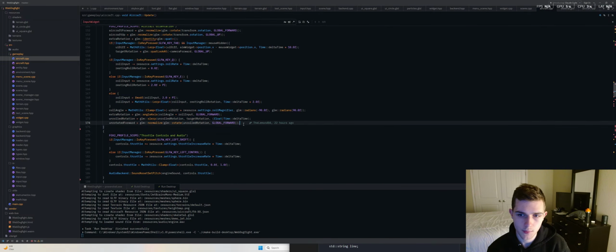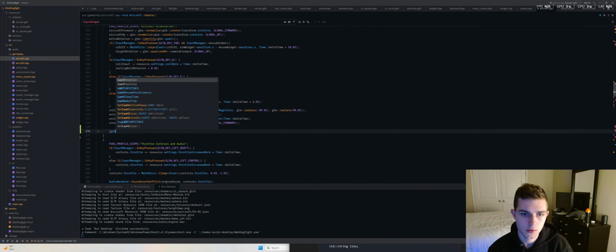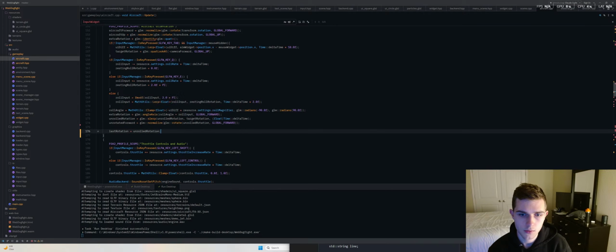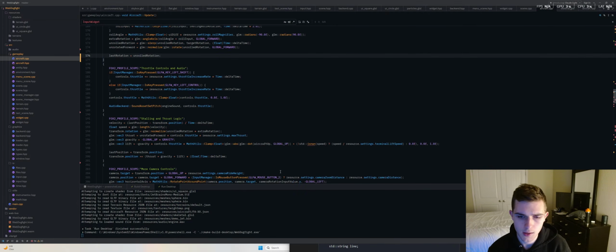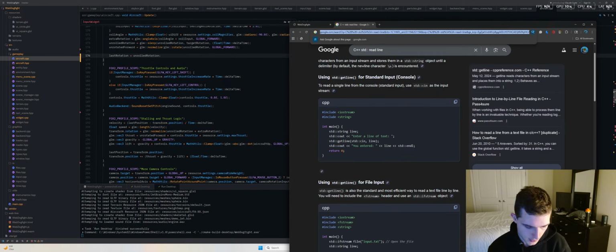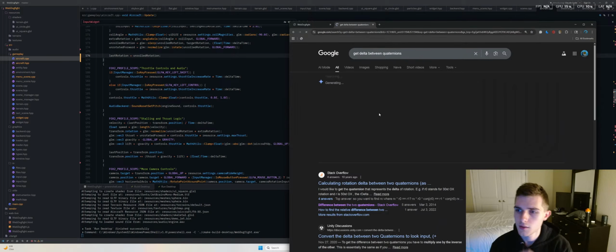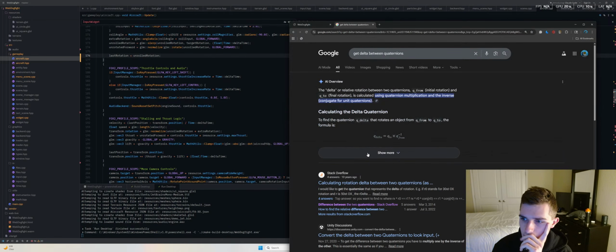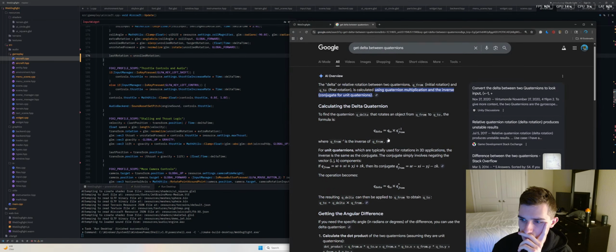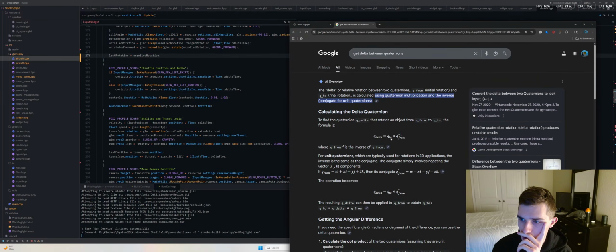Okay, so then we'll say lastRotation equals unrolledRotation. And that should be enough. There is a way to get the delta between quaternions. There's a way to do this. What was it? Get the inverse from the to. Okay,